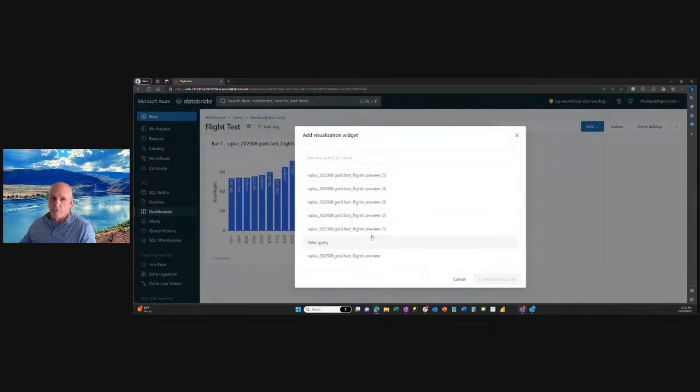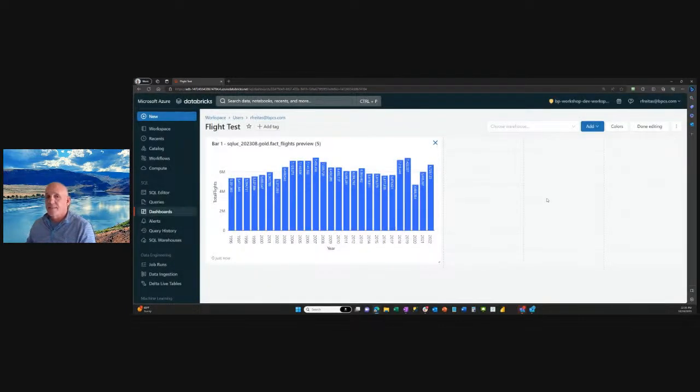That's the point that I want you to get here. Based on SQL queries that you've already created, you could search on these. These are just the most recent that I have. But that is a different experience than what we've got with the new Lakeview dashboard. So if there's no questions at this point, I'm going to switch over